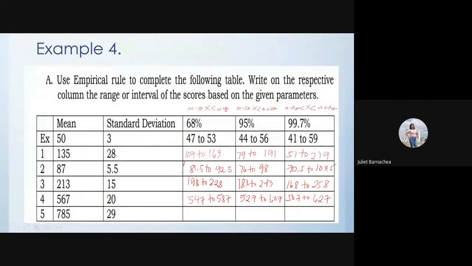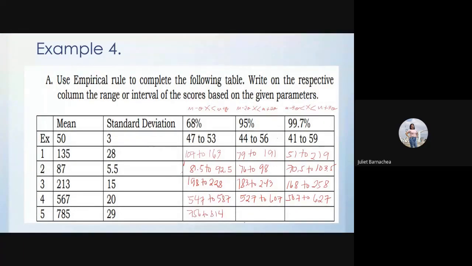Then, last number, the mean is 785 and the standard deviation is 29. 785 minus 29. 756. Okay. Kalyaw. Correct. Vittorio, Kathleen, Erica, Raymar, Shekinah, Chester, Bernadette, Mika. Okay, so ayan, marami pang sumasagot. 756 to